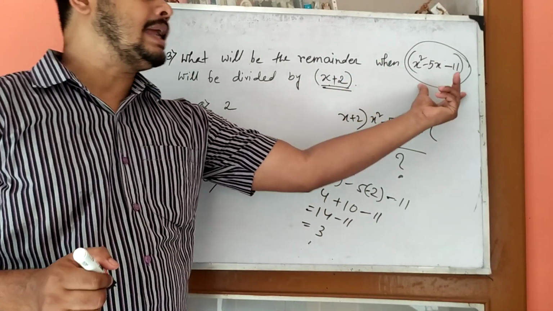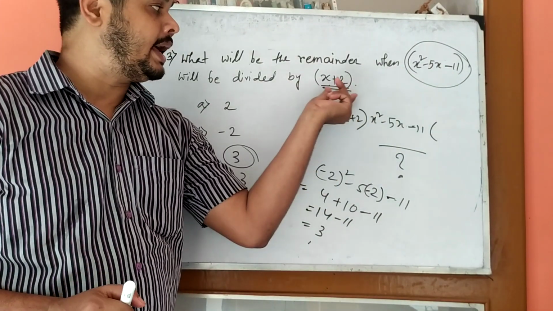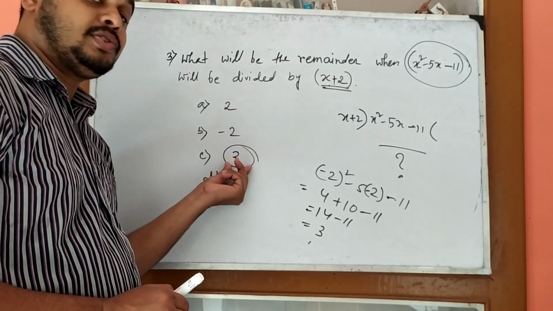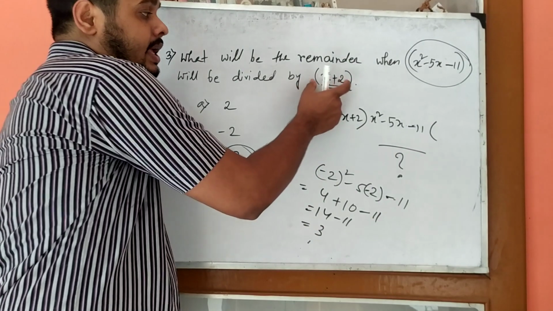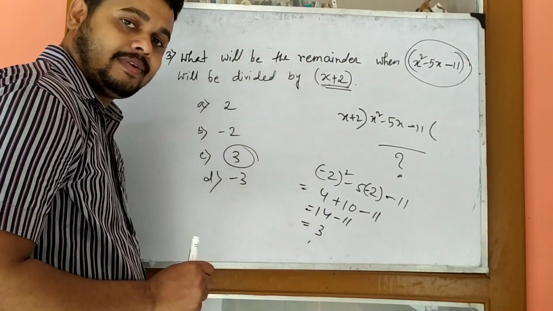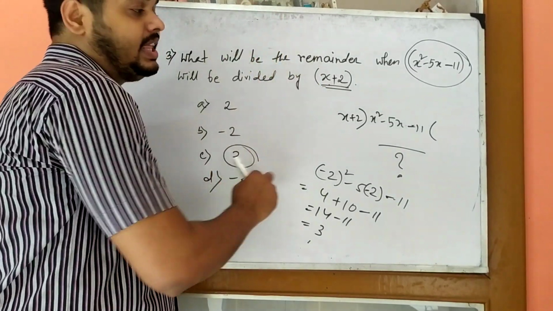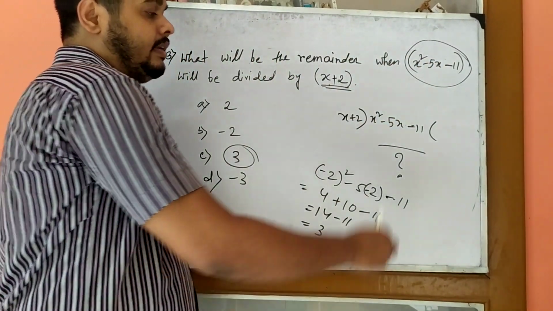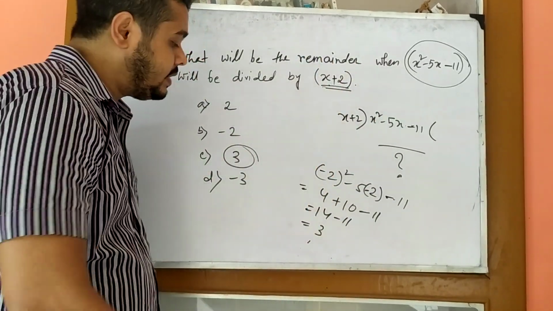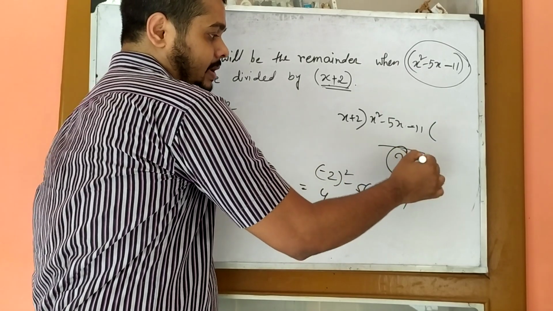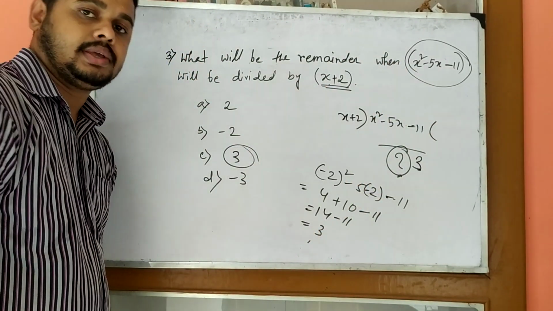So when that polynomial is divided by another polynomial, that time the remainder will be 3. How can we get that? Equating that equal to 0, we have to find the value of the variable x. Now put that value in the given polynomial, or in the given dividend. Then we can get the remainder. So in this case, the remainder will be 3. Clear?